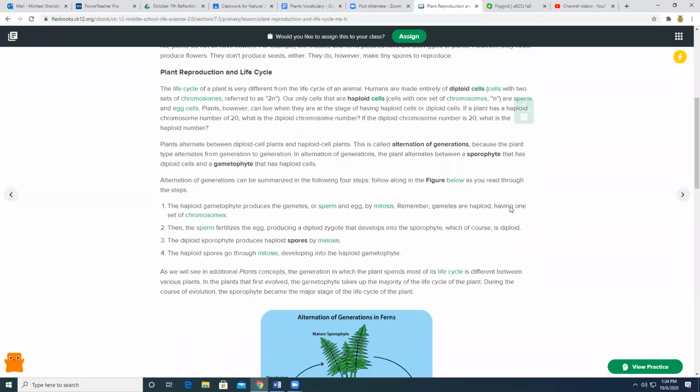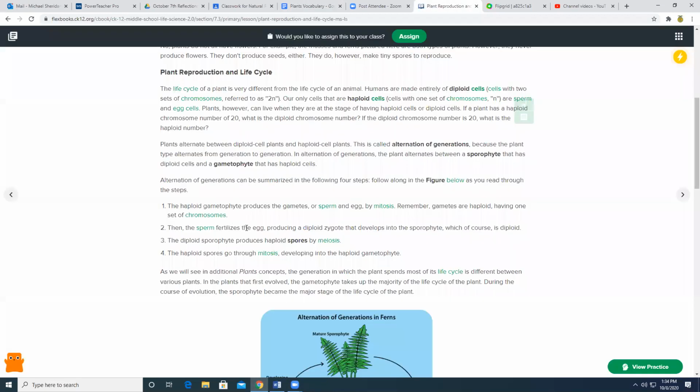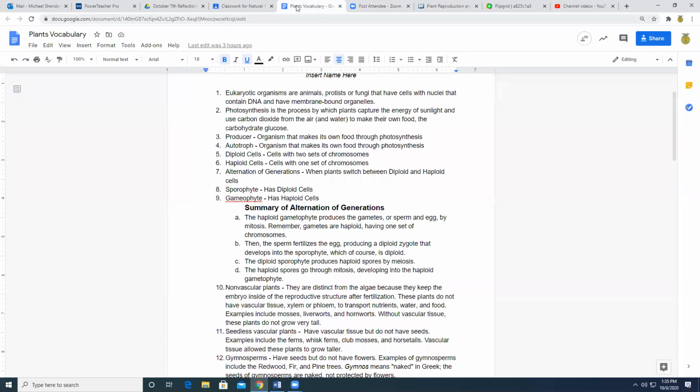And this is how I want you to use this vocabulary sheet. There's a big difference between copying and pasting something into a summative or even a formative assessment, and copying and pasting something into a vocabulary sheet that you are using to study from. That is perfectly fine, because this document is meant for you to study from. So you can highlight these sentences and copy and paste them right into your vocab. That's what I did, and I made some adjustments here.